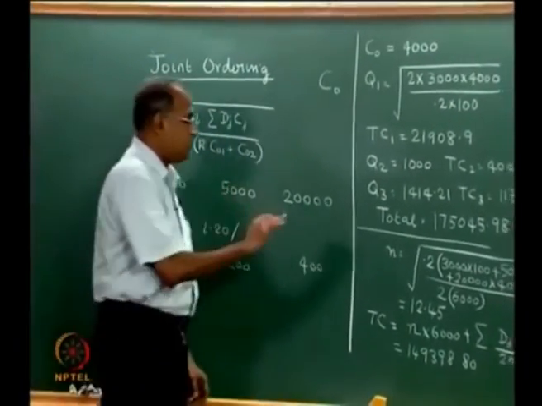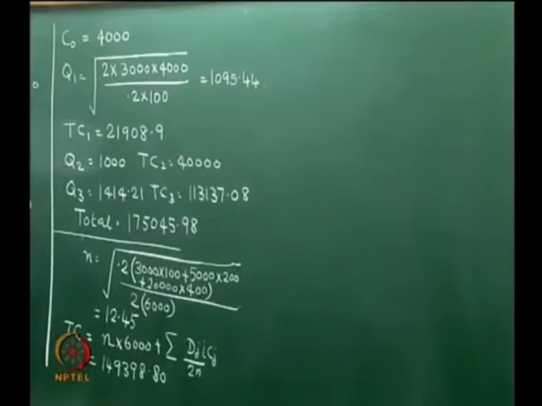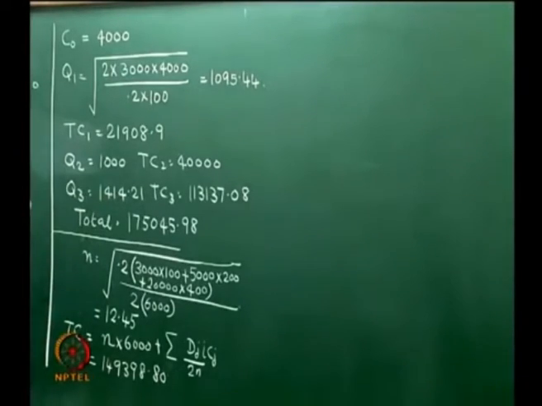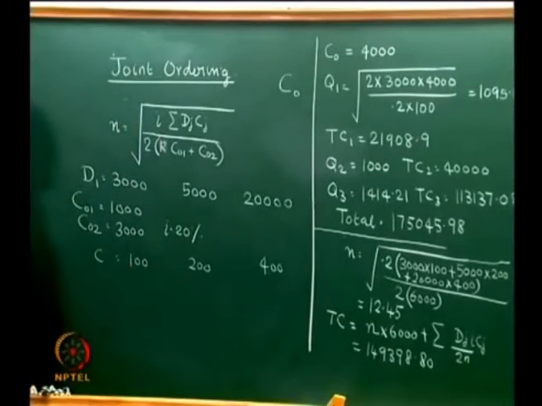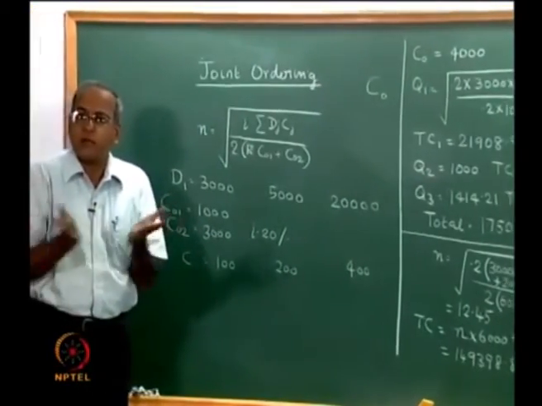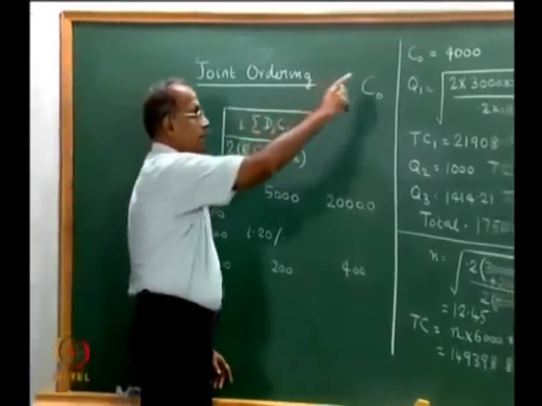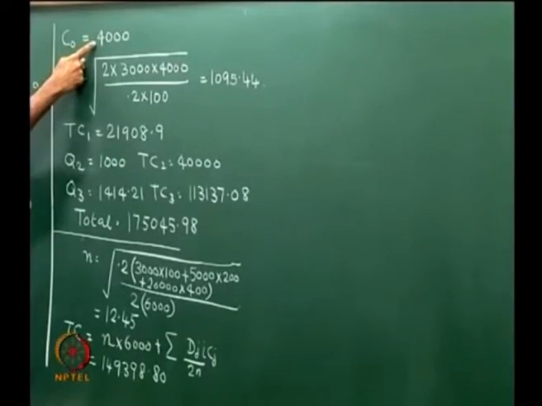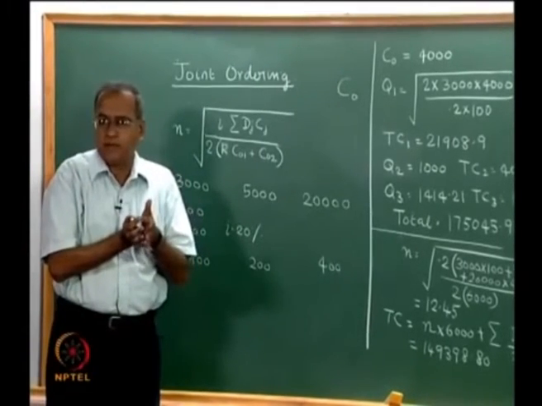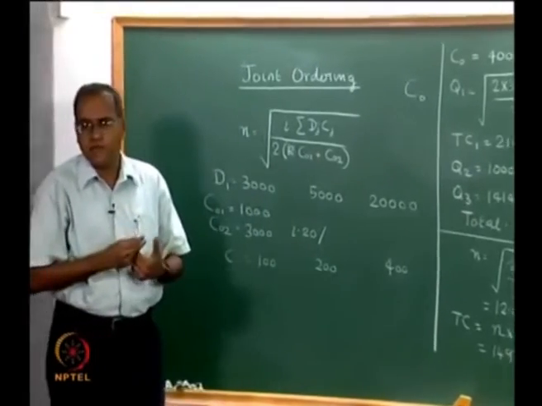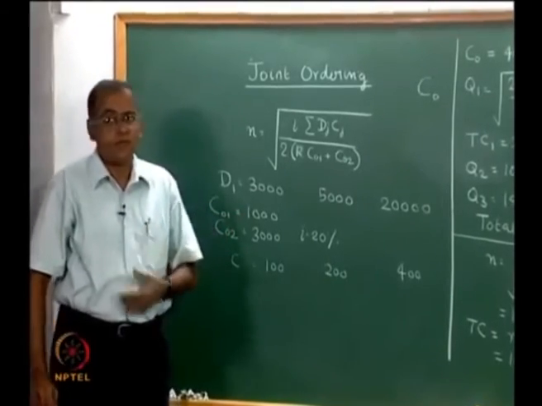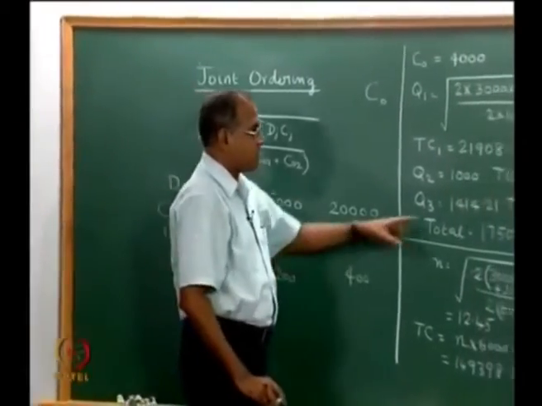Now, what are the other issues related to this? Now, from a total cost point of view, there is a considerable saving if we can combine orders together, provided there is a saving in the truck cost of 3000 every time items are combined together. For example, when an item was ordered individually, the cost was 4000, but then when two items are combined, the order cost was not 8000, but the order cost was only 5000. When three items were combined, the order cost was not 12,000, but then it was 6,000. So, that saving helped us in reducing this considerably.